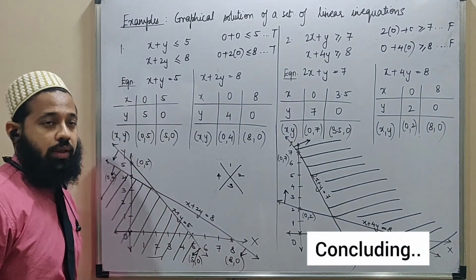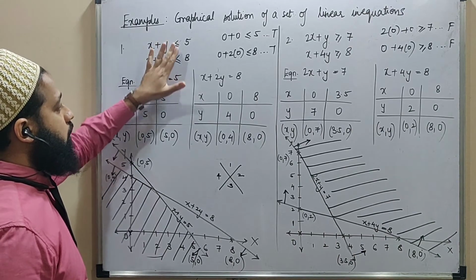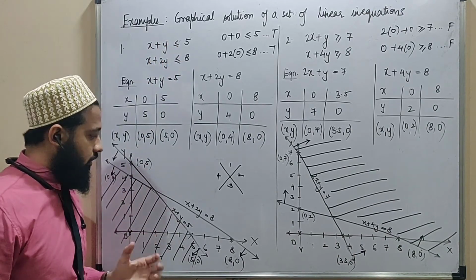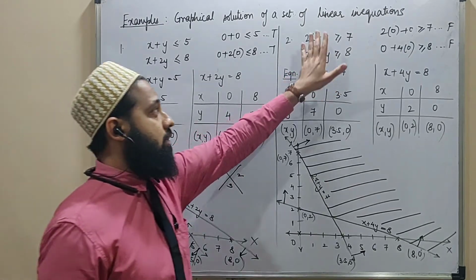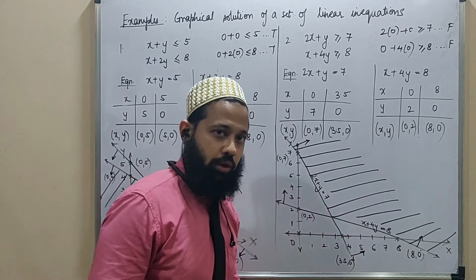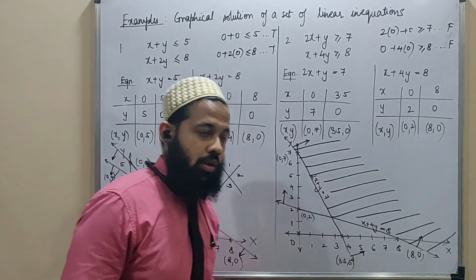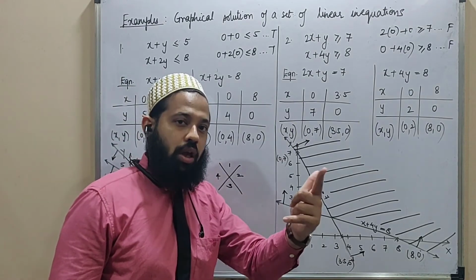One can conclude that if all the inequalities are positive, okay, coefficients are positive, and you have less than signs, then you are talking about the region which is inside. And if you have greater than signs, remember everything should be positive, you are talking about the region which is unbounded, okay, towards the top. This is a general conclusion which will help you a lot when solving the linear programming in the second part of the chapter.